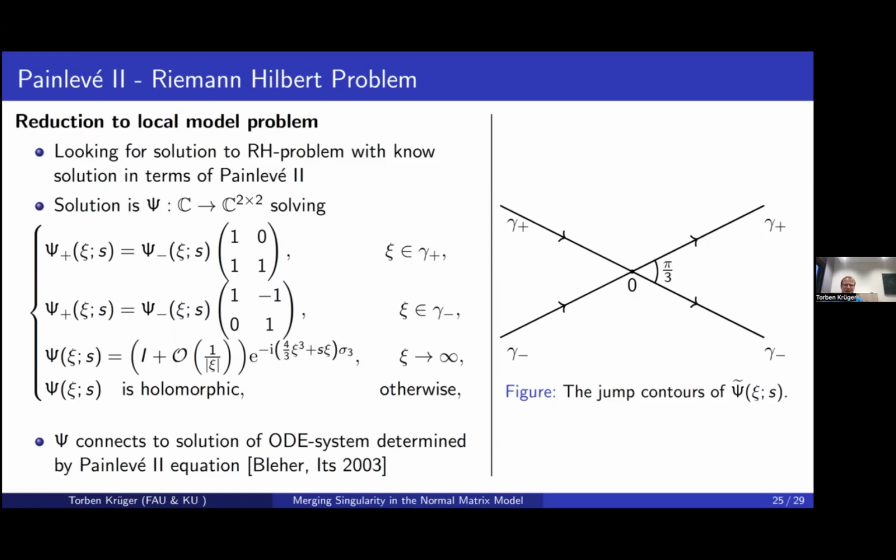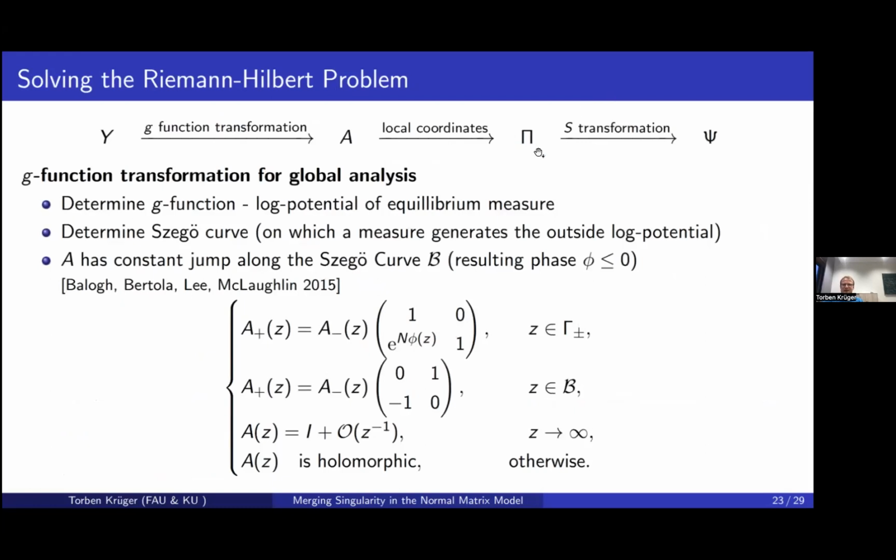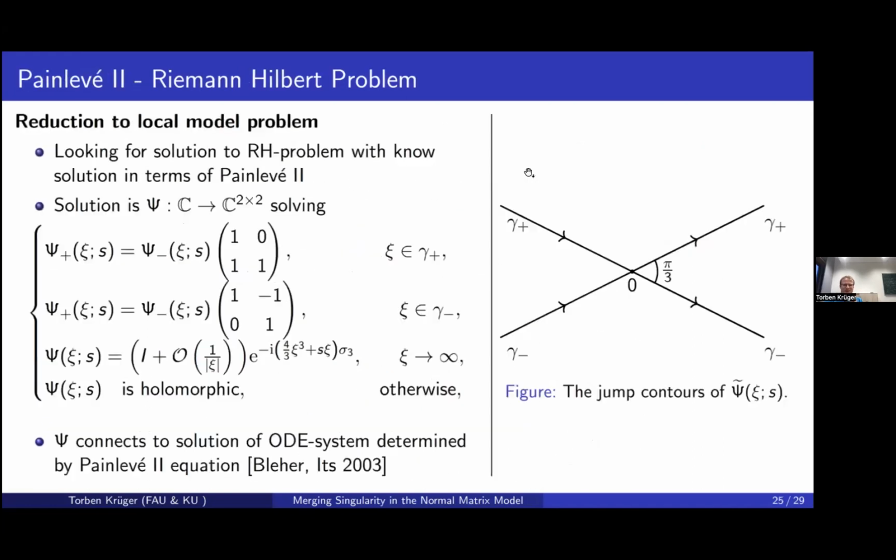So essentially what you can now do, I'm going back, you can solve this local problem, and then when you have solved the local problem, and you have done this coordinate transformation, the G function transformation is basically the transformation that takes care of the global structure of the problem, the density, the droplet, and so on. And then you can move back and get back the original Y, and then you can see how the orthogonal polynomials behave. And somehow the finesse of this problem is that you have to do it to quite high order. So